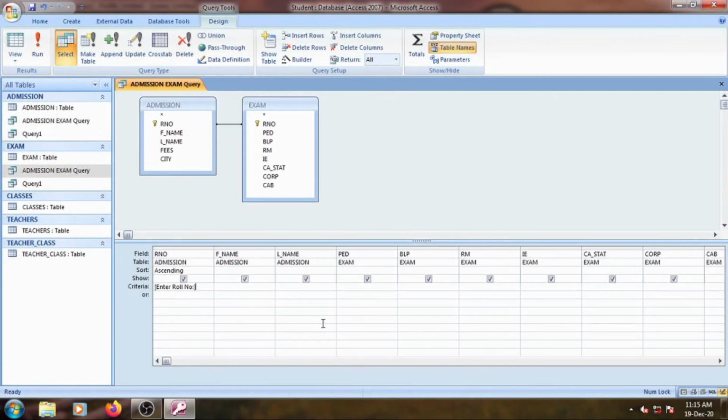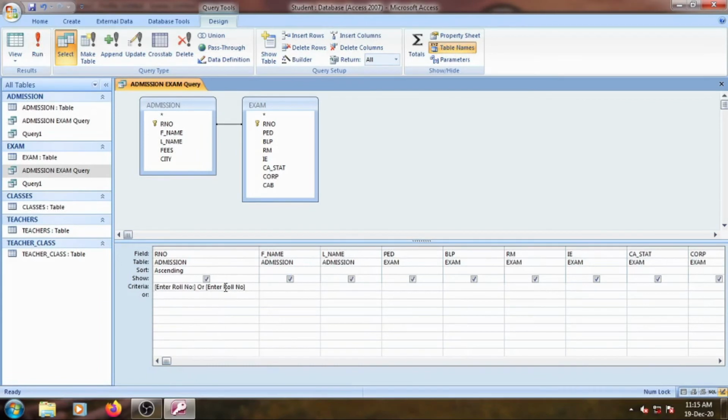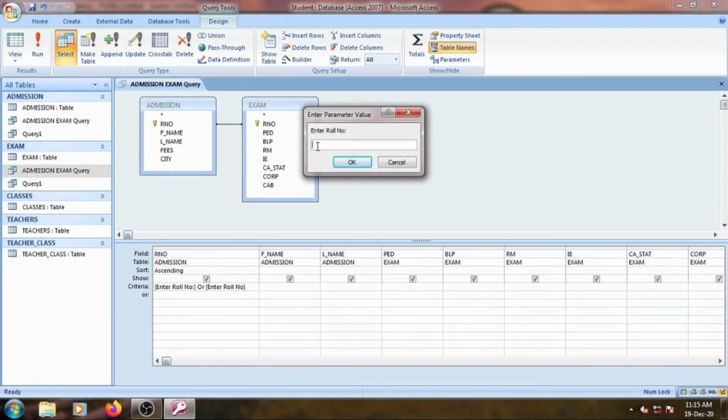Using OR operator, we can ask the user to enter roll number more than once. Here, the input box will display 2 times where we enter 2 and 4 roll number values successively. Run the query and see the records of students with roll numbers 2 and 4.